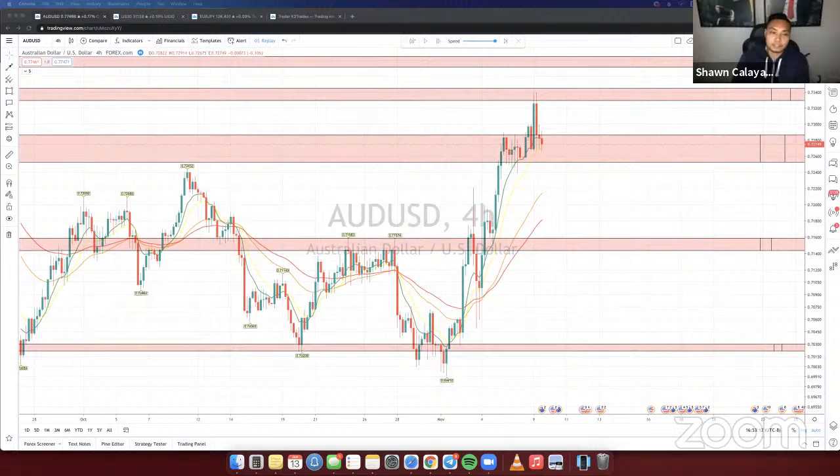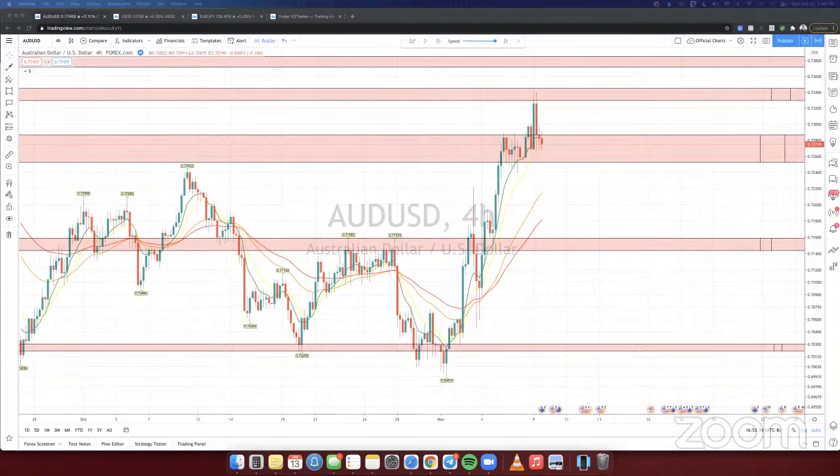I'd be wary of people that post results like that, because I see people post results like that all the time. And it's funny because when you ask them to actually show you how they identified it, the screen looks so clean, like they were just on point. And then you ask them to show you, and it makes no sense. You're like, there's no way you identified this top right here. Yeah, exactly. Like they catch the exact top or the exact bottom.